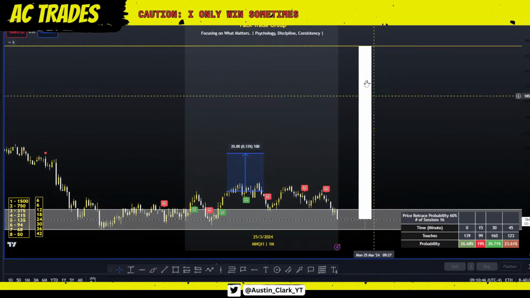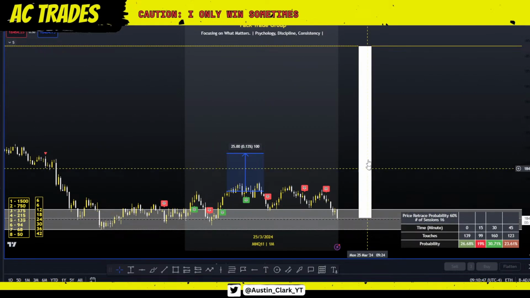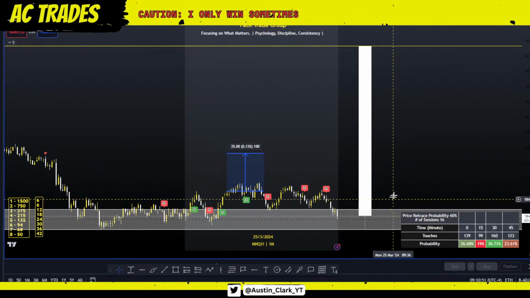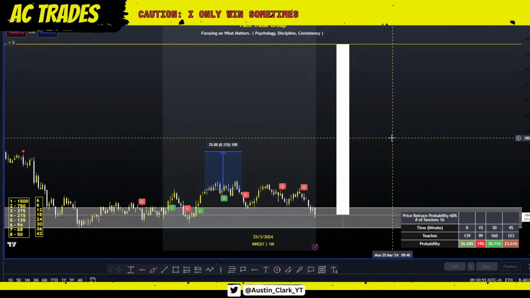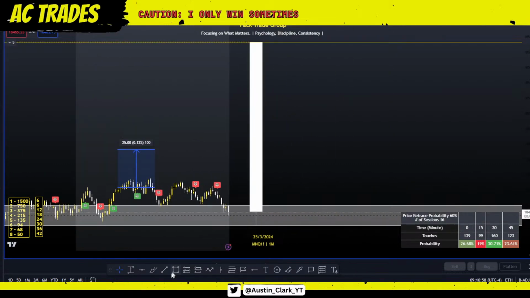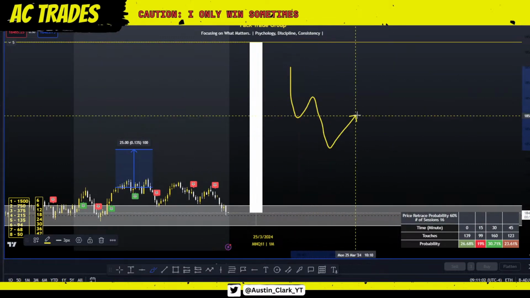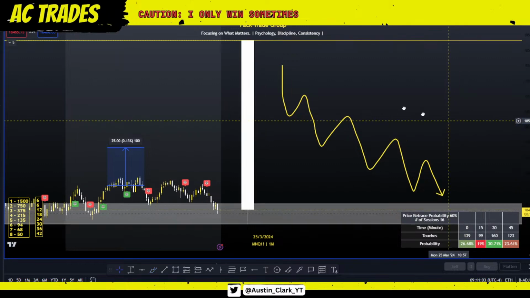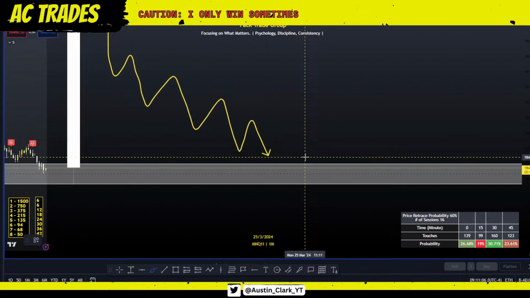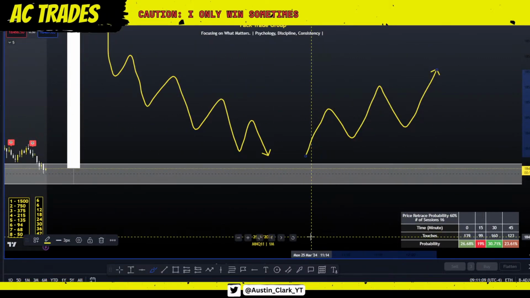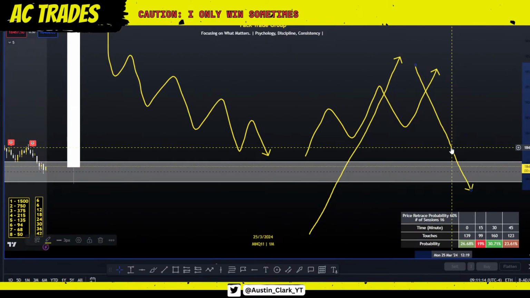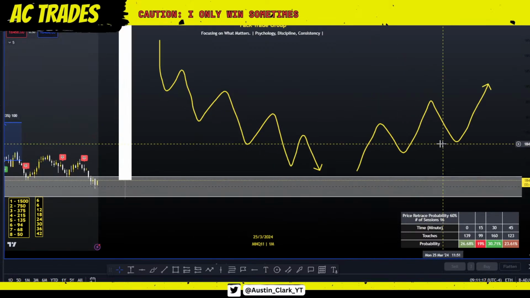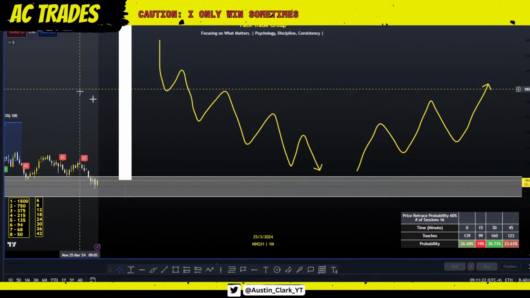And I tell people all the time, when you have these giant sell-offs like this, the probability of a retracement is even higher. Again, probability. I'm not saying guarantees. Price only moves this way. It doesn't move in a straight line. It's never always going to go up, and it's never always going to go down. It'll look like that on a larger time frame, but all it's doing is making lower lows, lower highs, and higher lows. That's the only way price moves.